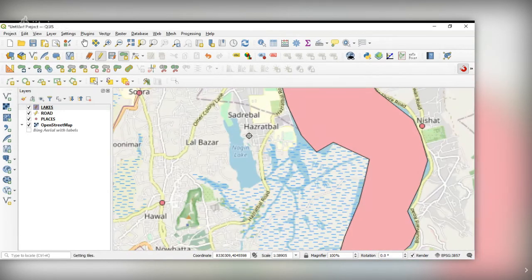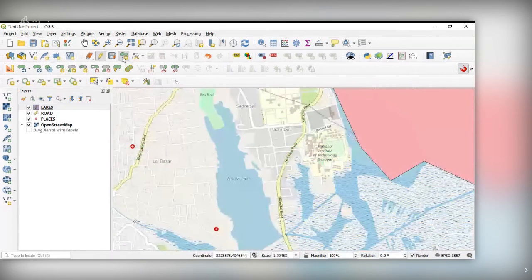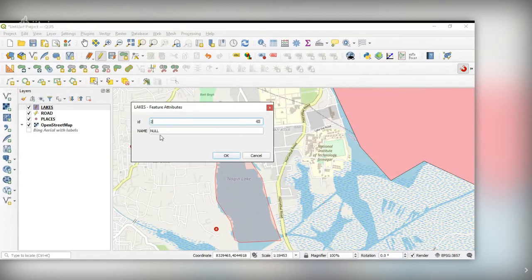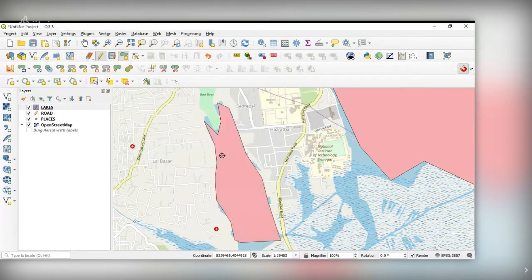I'm adding one more lake here, and this is Nagin Lake. As I said, it is not very accurate, but you have to be very precise when you do it. Say okay. So again, save it and quit it.